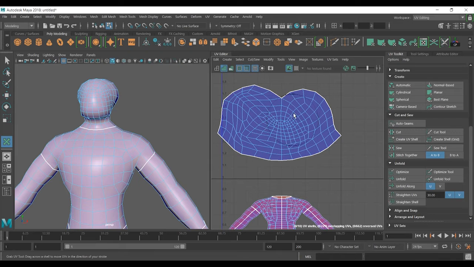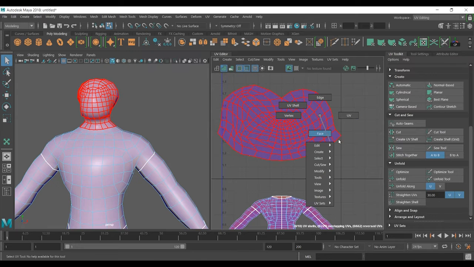Here we go. Now we have turned the symmetric off, so we don't have symmetric on. But let's say I want to get this information to the other side. How can we do this? Go ahead to the selection tool, right click, edge,